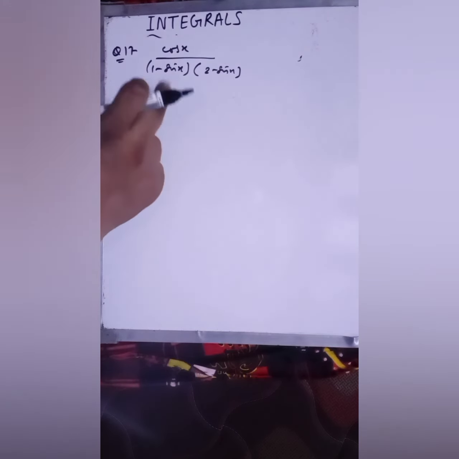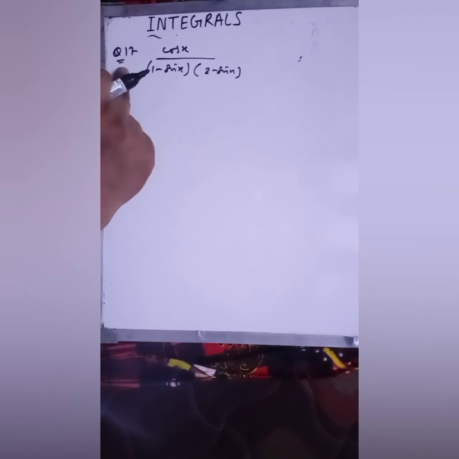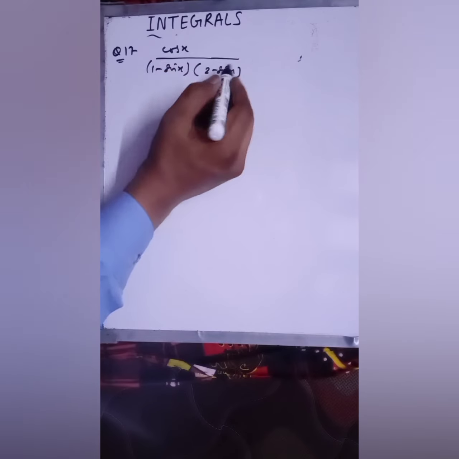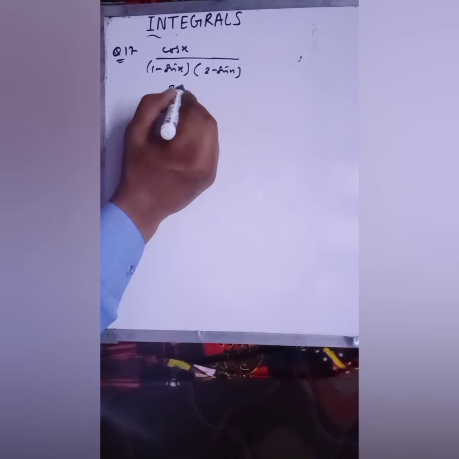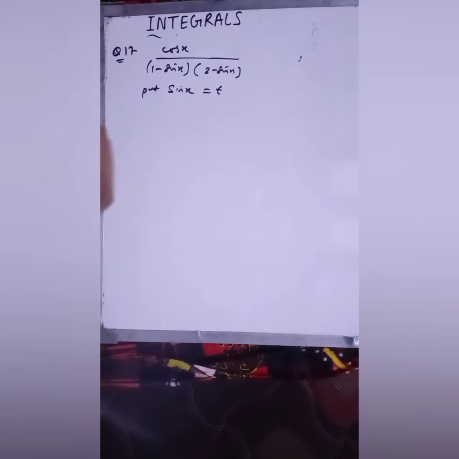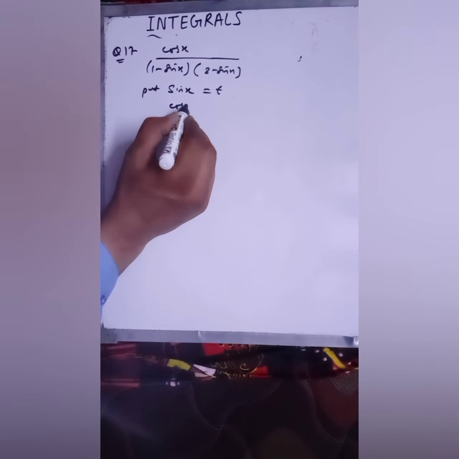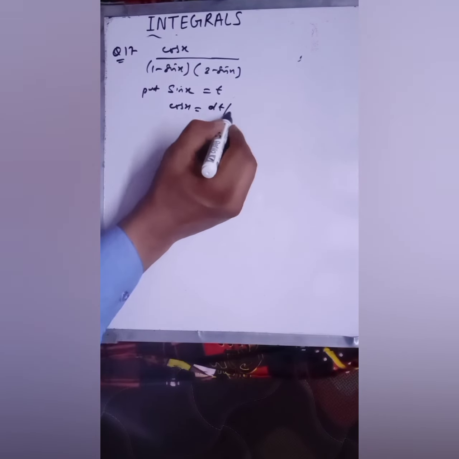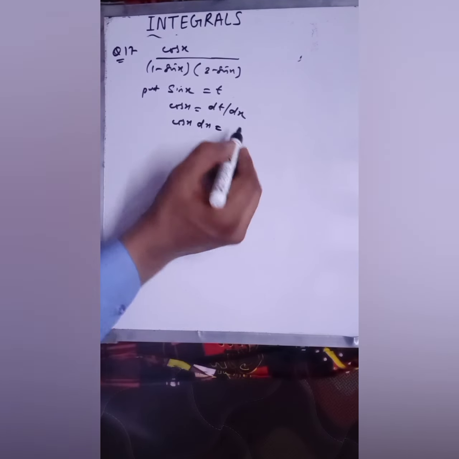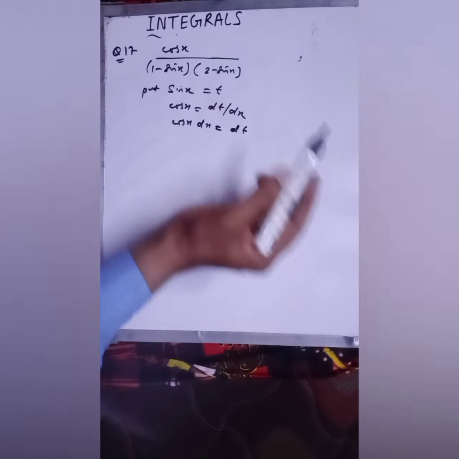See, this is question number 17 of your NCERT. So this is also a very simple question. In this question, what you have to do is put sin x equal to t and differentiate it. So you will get dt by dx. So this is cos x into dx that is equal to dt. So now